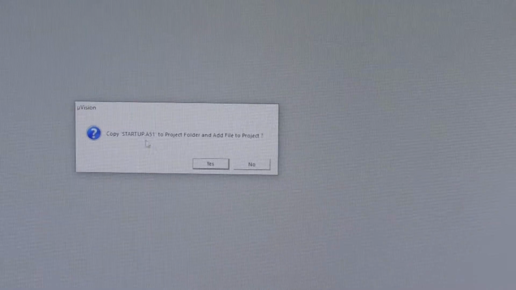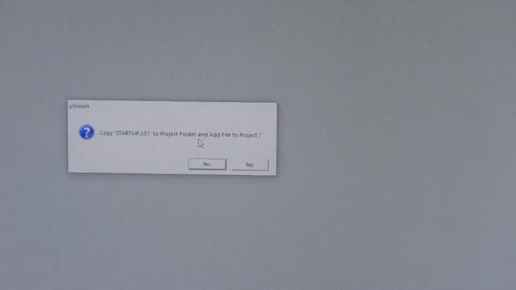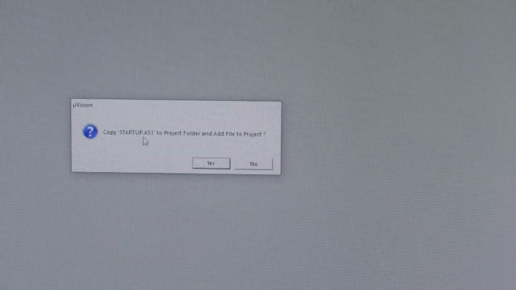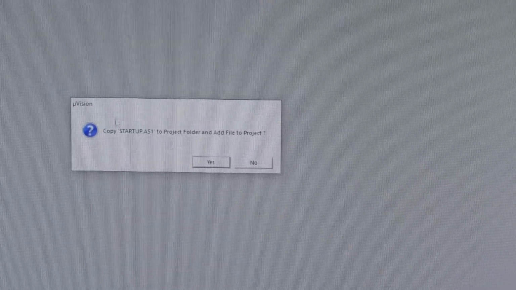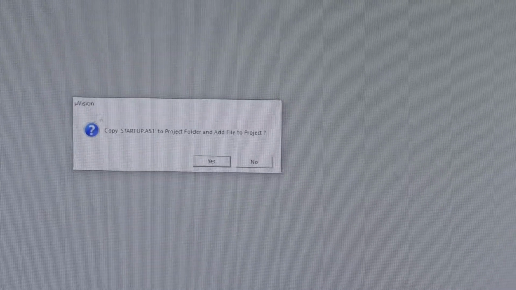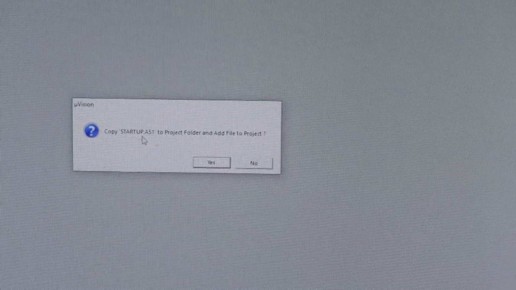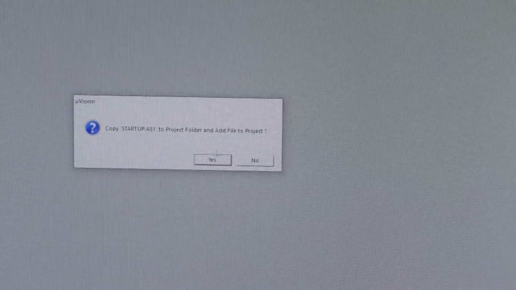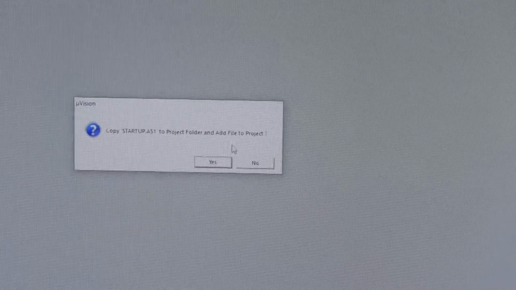Then add the startup file to your project folder. It is asking to add the startup file because we are writing the program in the C language. When we are writing the program in C language, we have to add this startup file. This startup file is not required when you are writing the program in assembly language.